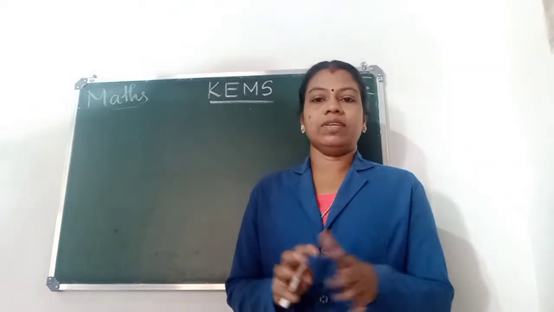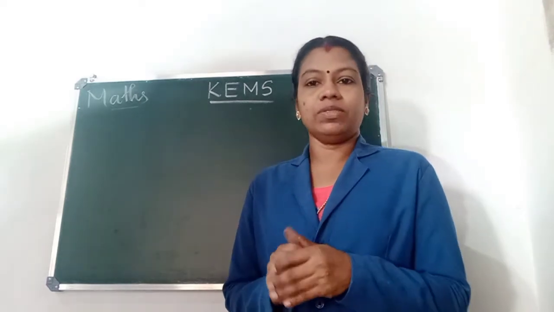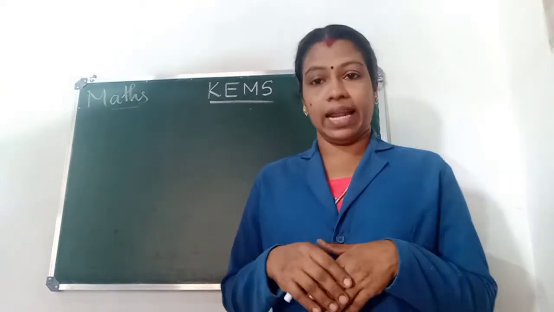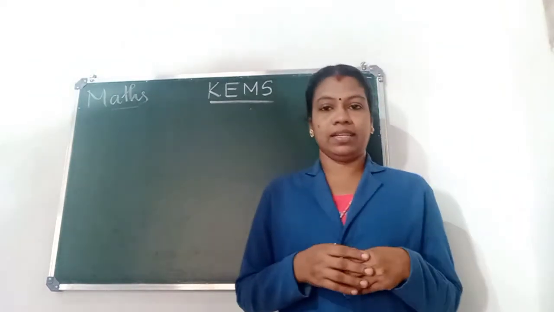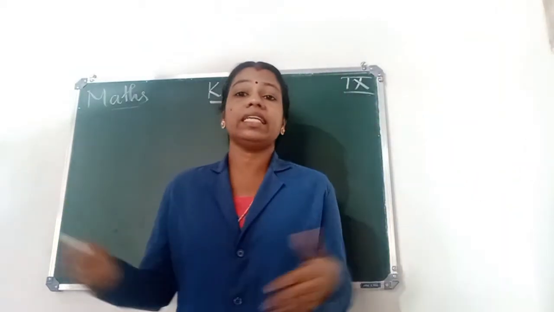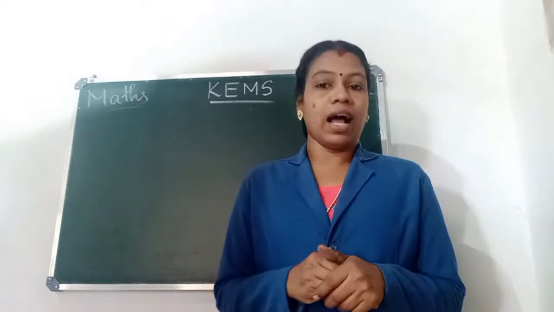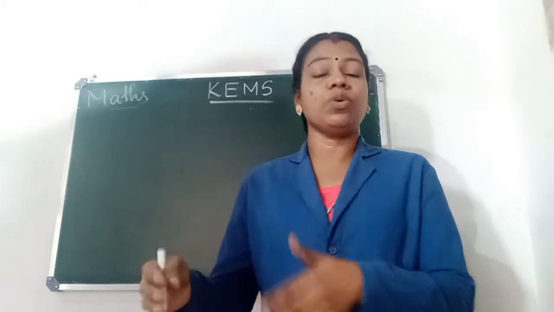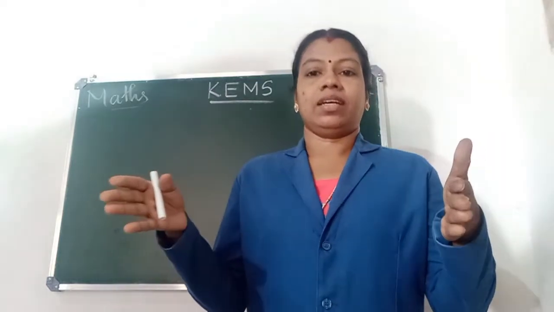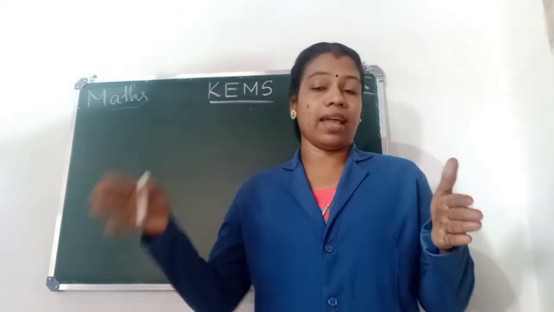First, line. What is a line? We know that at least 2 points are required to draw a line. We can't draw a line using 1 point. So a line extends indefinitely in both directions. Recall that a part of a line with 2 endpoints is called a line segment, and a part of a line with 1 endpoint is called a ray.